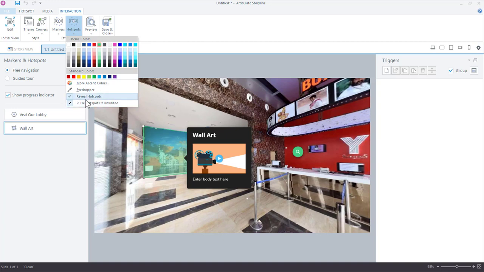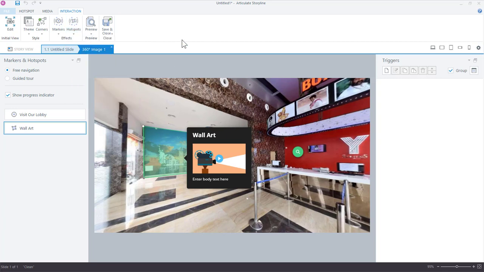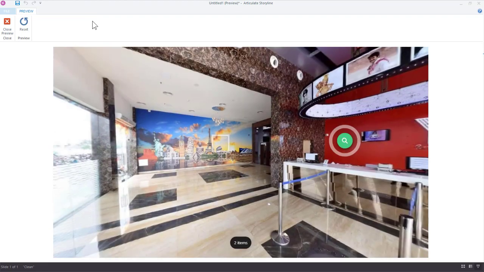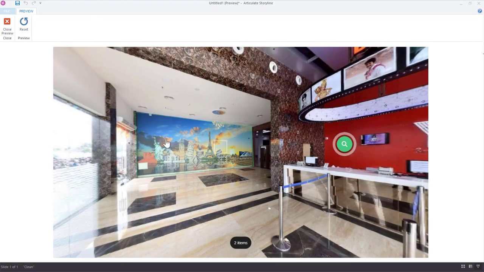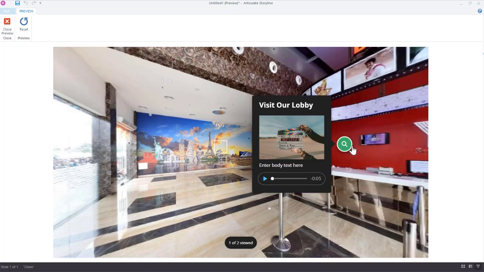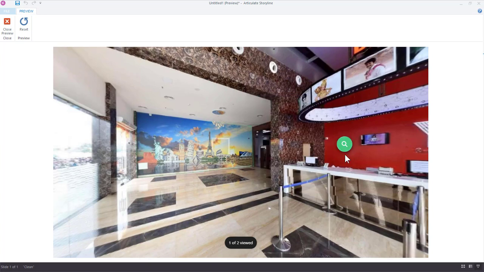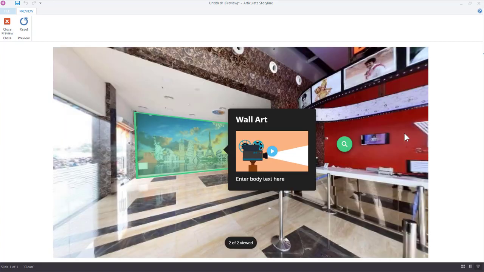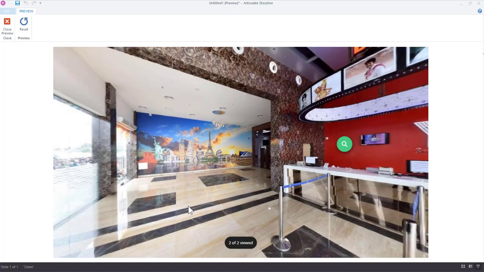You'll see that I'll leave those enabled, which is the default setting, and then let's just preview our slide. So preview. And so a couple things, you'll see that the rectangle has that pulsing square on it, as well as the marker. So if we click any of these, it pops open. There's our image. We can listen to our text. Now, notice how the marker no longer has that pulsing. Same thing with the hotspot. So when I click it once, we have the video, and the video, just like the image, is going to appear in the larger size. And then if I return, notice how they don't have that pulsing.